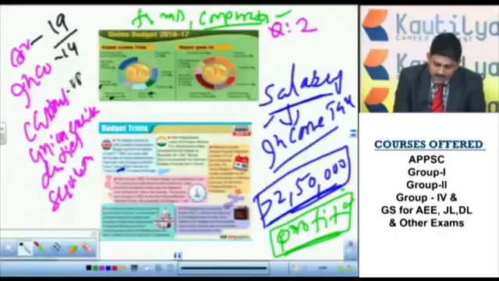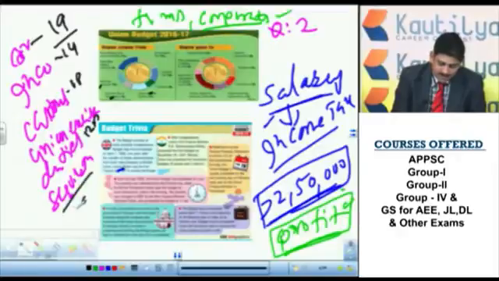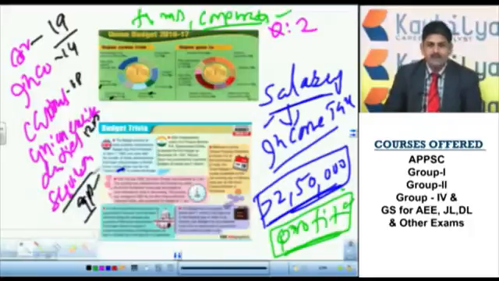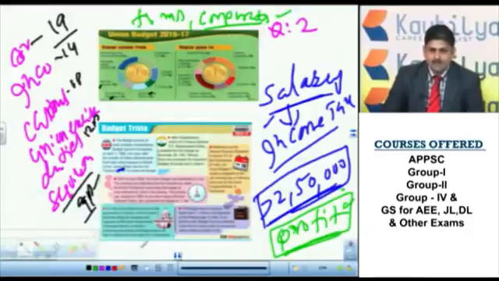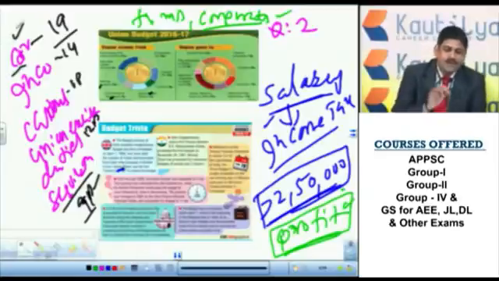So now here as per the budget presentation, income tax is 14 paise and customs is 8 paise, union excise duties is 12 paise, and through service tax it is 9 paise. So they will ask you a question, out of all the taxes, which of the following taxes is the maximum source for the union government? Then you have to answer corporate tax.